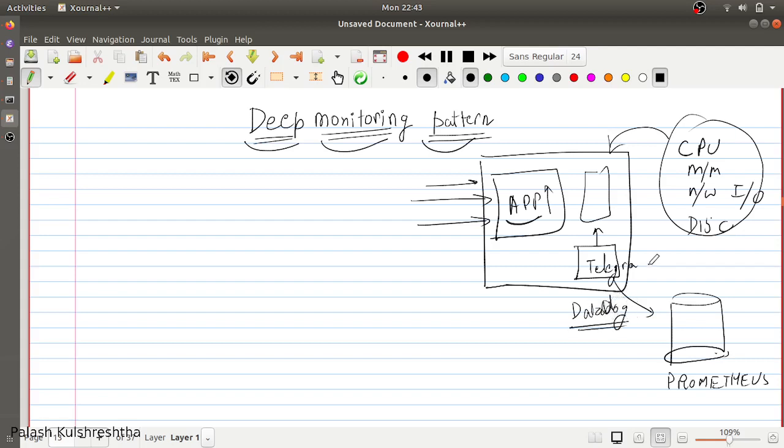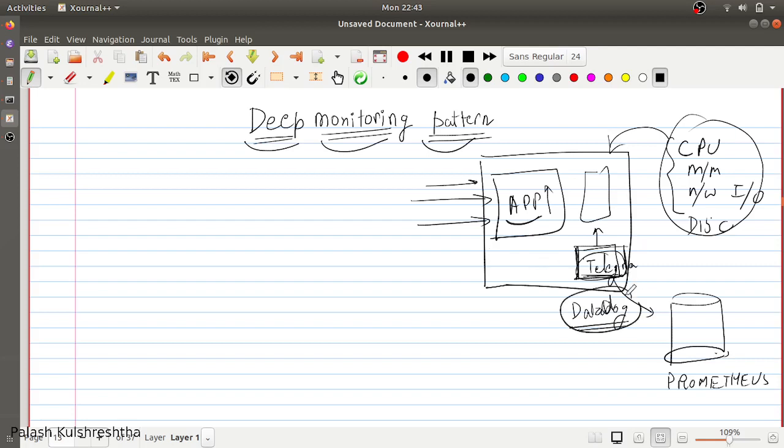Datadog is a proprietary software. Telegraf is basically an agent which provides you some scrapers. These metrics are scraped or collected using scrapers. Telegraf has an ecosystem of scrapers or plugins that you can use to scrape particular metrics.